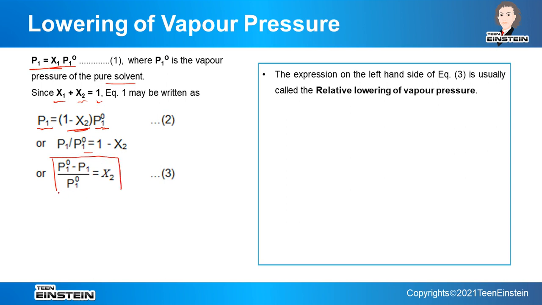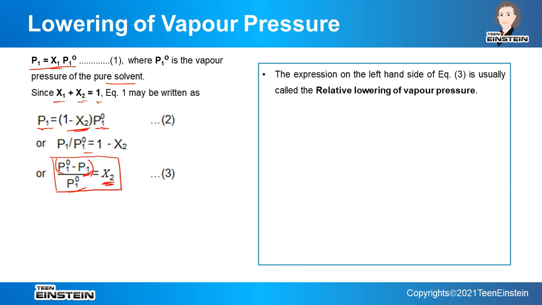Now this equation is very important. This is the mole fraction of solute, and this is the difference of the vapor pressure before and after. Before, it was pure solvent, so the vapor pressure is P1 naught, and after making the solution it will be P1, and P1 is lesser than P1 naught, so that is why P1 naught minus P1 divided by